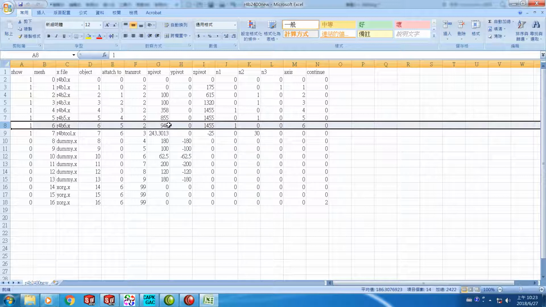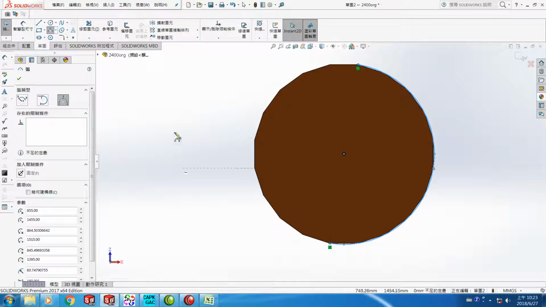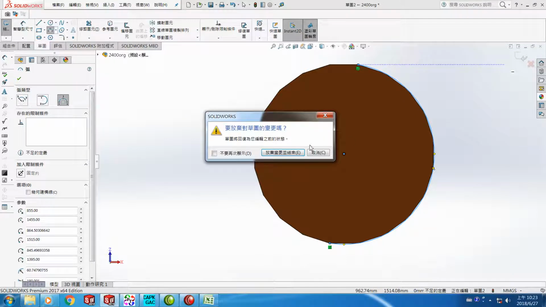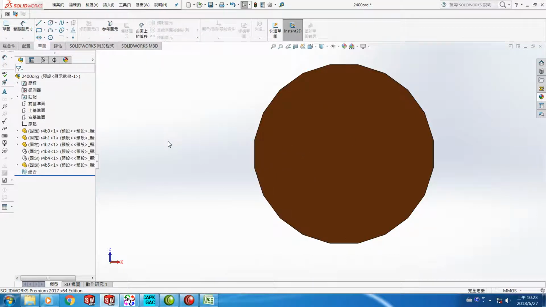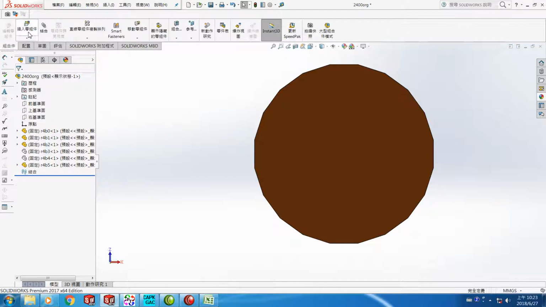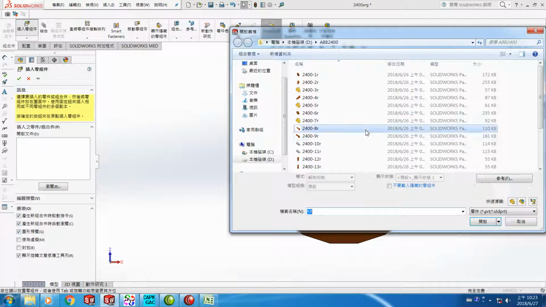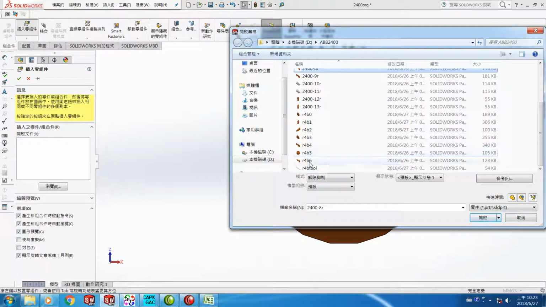So we have to get the last J6 to find out whether these 3 values are correct or not. So how to do that? We simply insert a component. The last component is